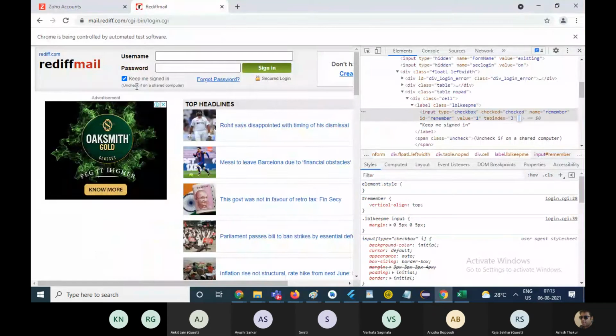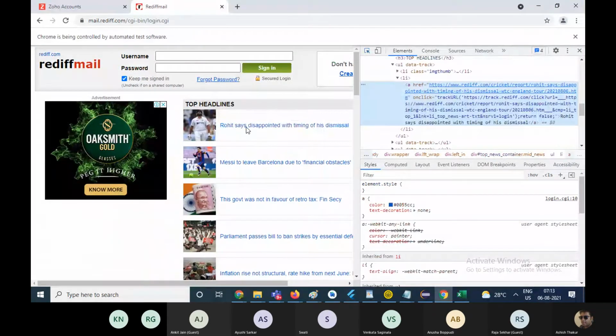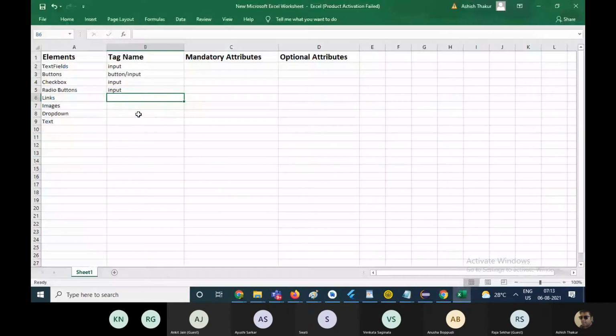In case of links, if you investigate any link, this is the link. The tag name is anchor tag A. For images, the tag name is IMG.